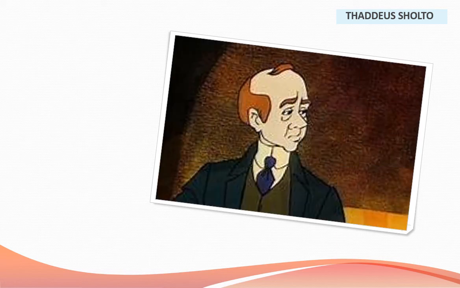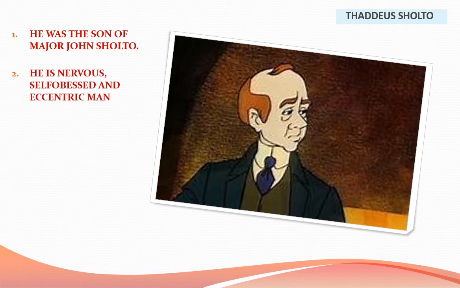Our next character is Thaddeus Sholto, Major Sholto's son, a strange looking character who lives in a richly decorated house. Thaddeus seemed to be more conscientious than his brother. He is the one who sends the pearl to Mary Marston. He does this to try to share his wealth after finding that his father was involved in Major Marston's death. He collects art and contacts Holmes when he finds that his brother has located the treasure chest.